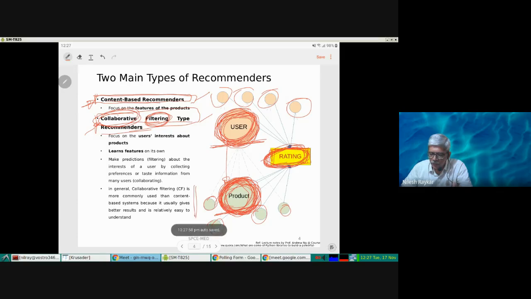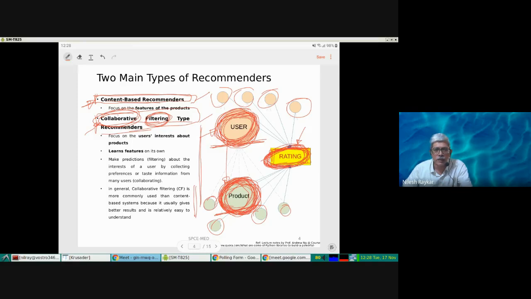In general, collaborative type recommenders are more commonly used, as we'll see later. They are more powerful in the sense that you don't need to have information about the products. Of course, in the basic form you require information about the users, but we'll later see that that also can be inferred. So just on the basis of the ratings, the collaborative recommender system can proceed and fetch both the user preferences as well as the product features. Let's take one concrete example which will make this concept more clear.